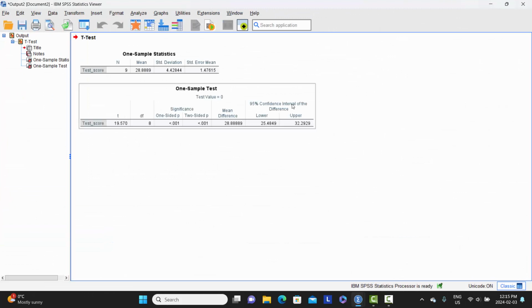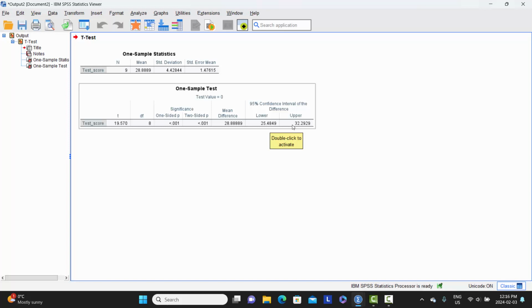And the output here is that we see the descriptive statistics, which are automatically generated. So we have the average for the 9 test scores, the standard deviation, and the standard error of the mean. I'm going to skip these first few items here for now. What we do see here is a degree of freedom of 8, which is 9 minus 1. But the 95% confidence interval is automatically calculated by SPSS, and that exists between